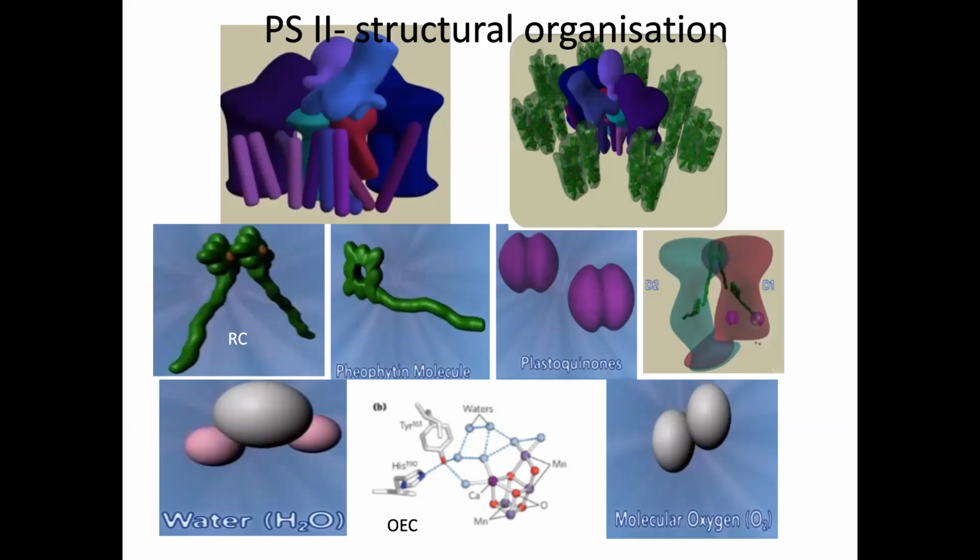To summarize, PS2 comprises a P680 core complex, that is 4 chlorophyll molecules, 2 pheophytins, 2 plastoquinones, an iron in the form of cytochrome B6F, and the OEC. The oxygen evolving complex structure is again a complex of manganese, tyrosine, calcium, chlorine cluster, which is tightly bound to P680. Additionally, each cluster is bound to 4 water molecules as well. The reaction center alone takes part in the photochemical reaction, that is the conversion of photons to electrons and protons in order to generate oxygen, ATP and NADPH.